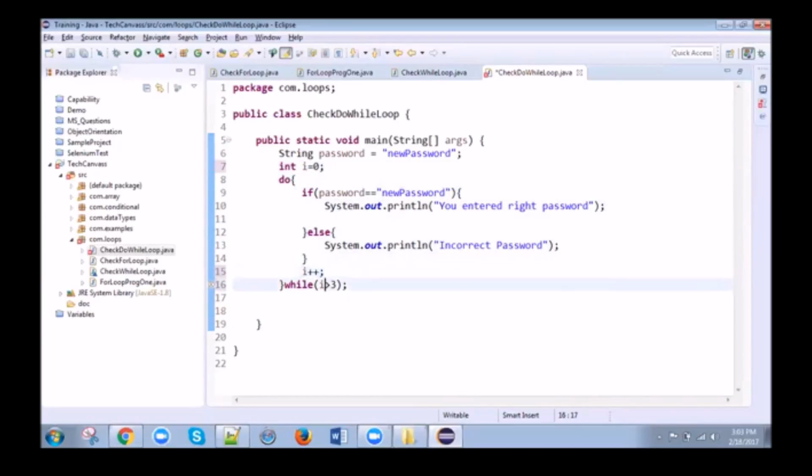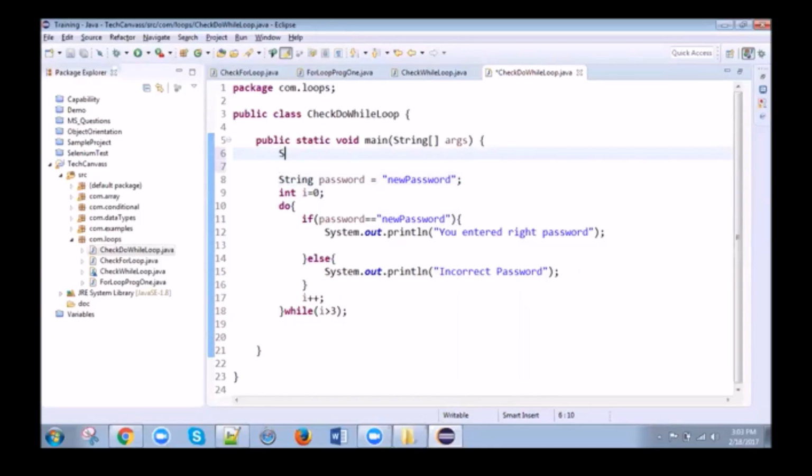Now before exiting the loop, I'll increment the number. Okay. So see, here, whatever the password value is, this loop will be executed once. We can take this from user as well using Scanner class. So we can say Scanner n is equal to new Scanner